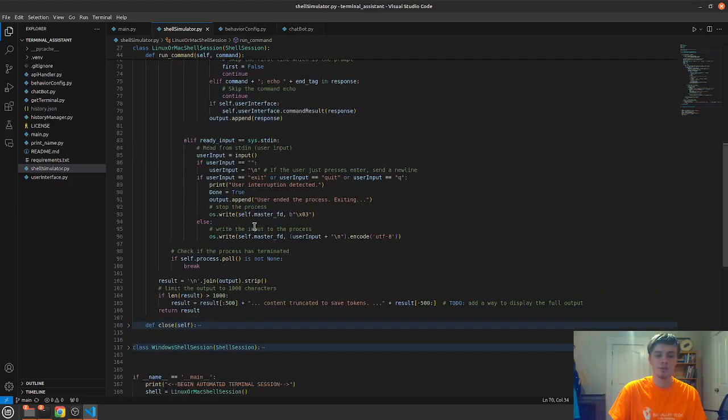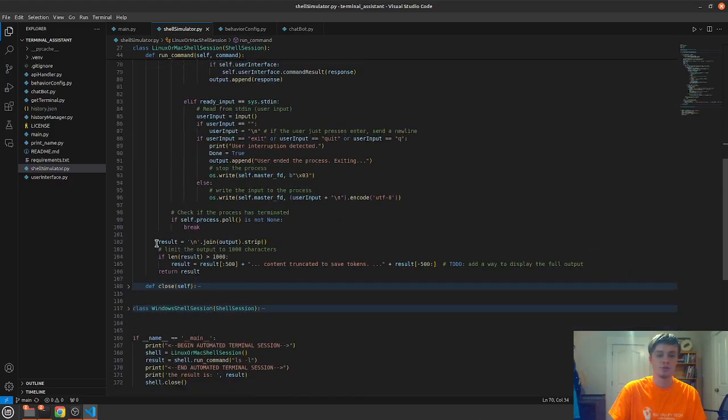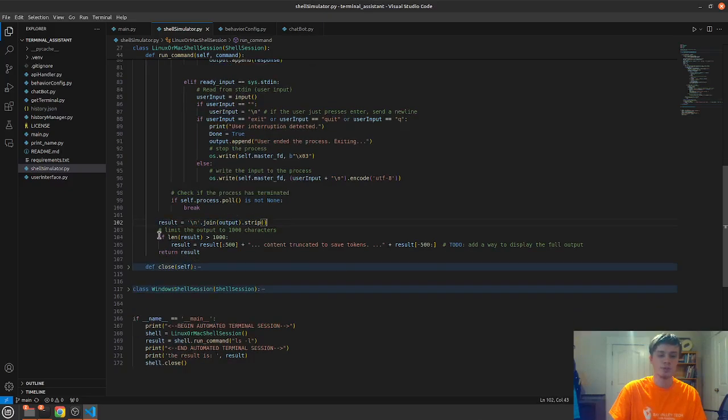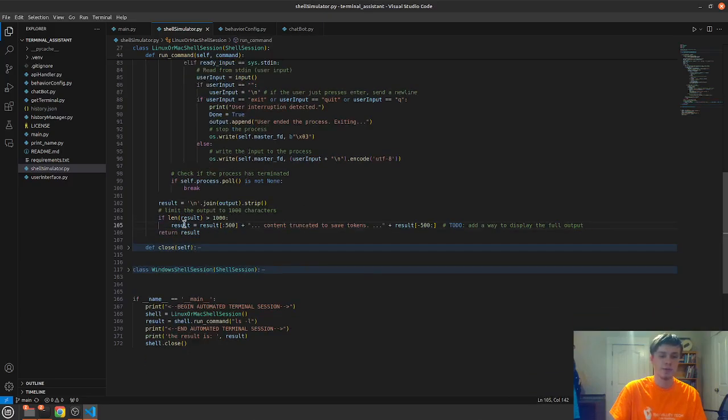And then once it's done, it just joins the results into one big old long string. Make sure that it's not too long so you don't use too many tokens, and then sends it back to ChatGPT, which, as I said before, ChatGPT will read that, decide if it needs to run more commands or if it's good to talk to the user now.